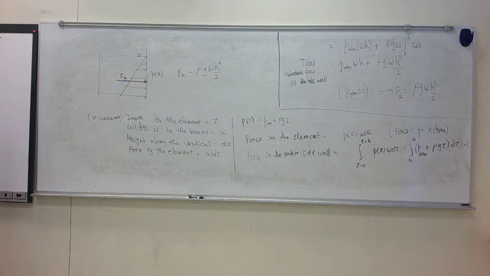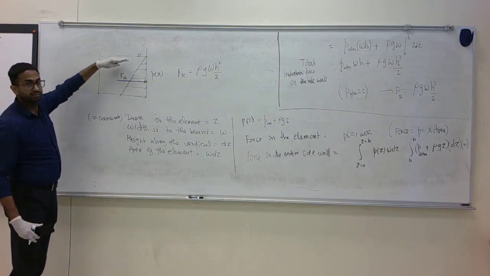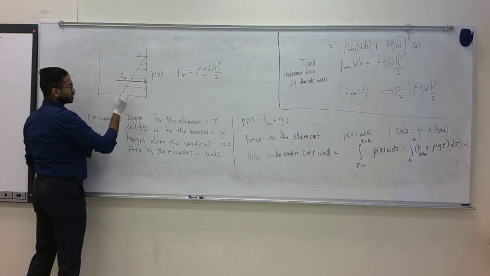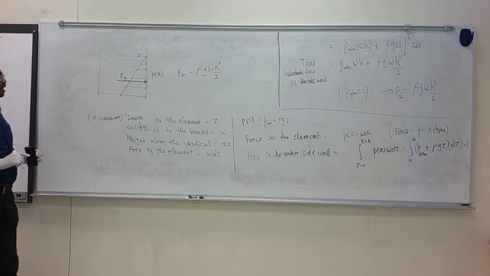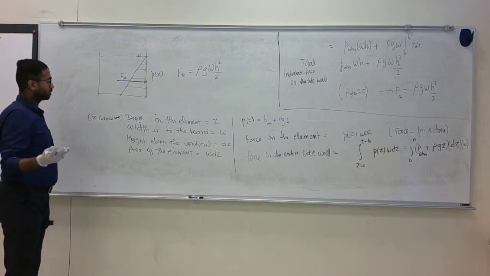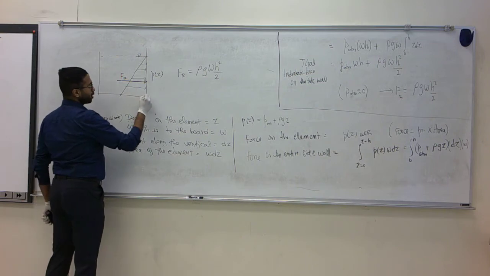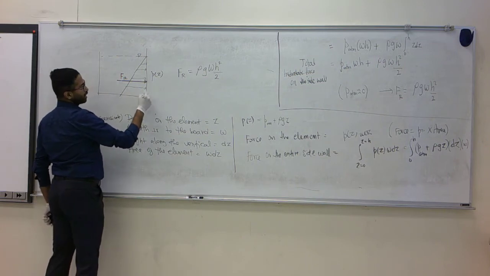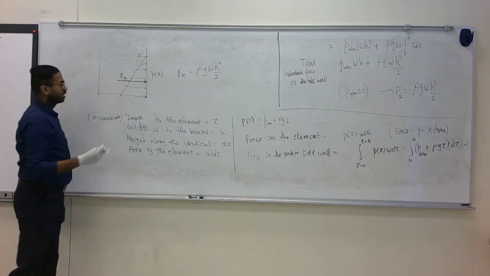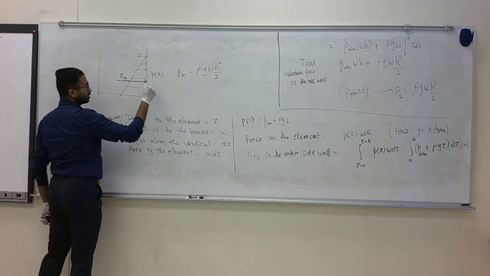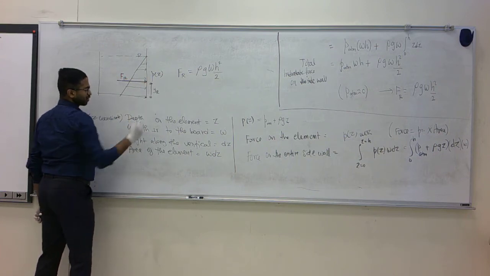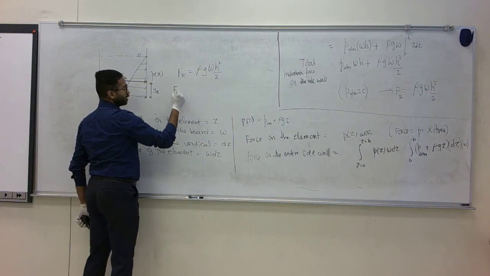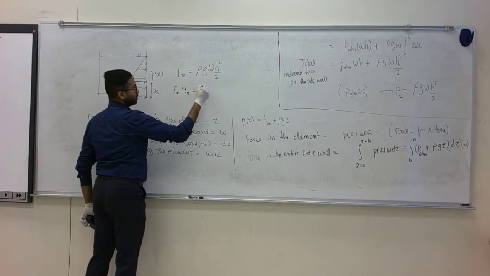Now that doesn't completely solve the problem, because you can draw Fr anywhere, but you need to draw it at a specific location. You also need to know where the resultant is supposed to act. You know how to figure this out from statics by assuming the moment about any one point is 0. That is, if I assume that Fr acts at a distance yr from the bottom, I am saying Fr times yr should be equal to,